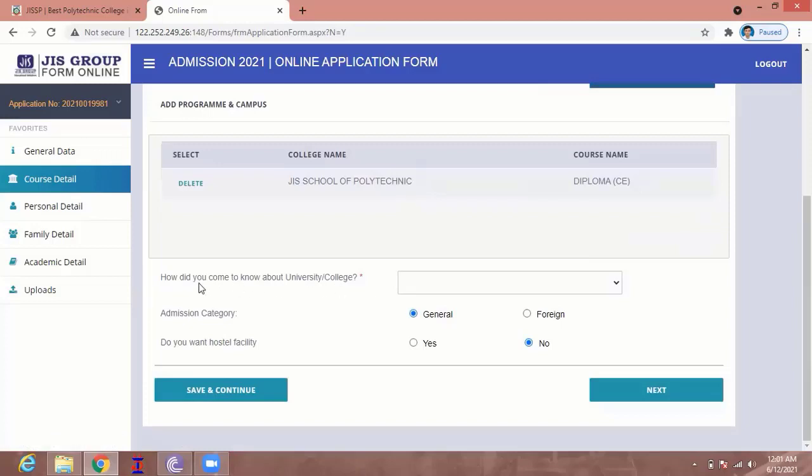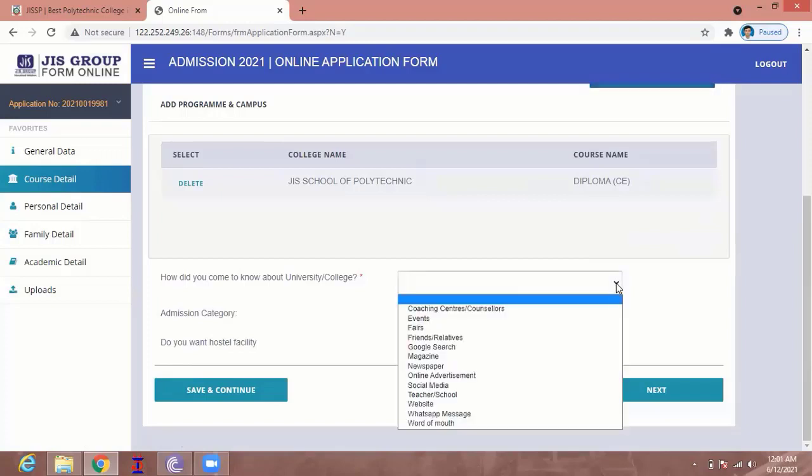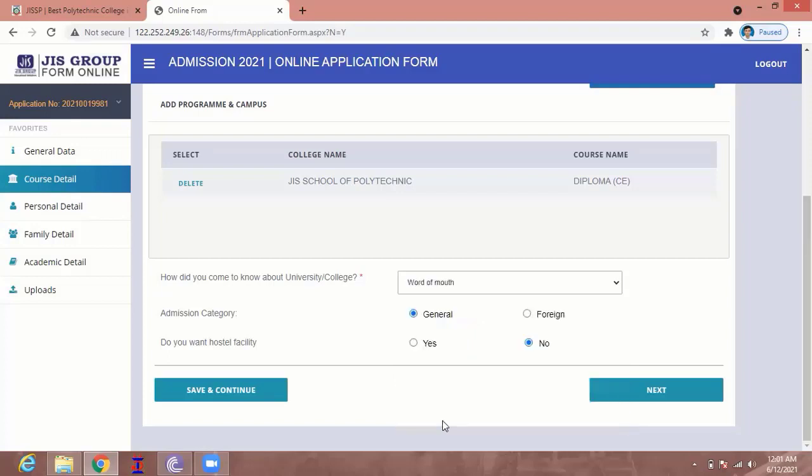Now, how did you come to know about the university or college? Just click on the drop down and choose the source from where you became aware of this college. For example, I am clicking on word of mouth. If you are from India, you have to choose the general admission category.